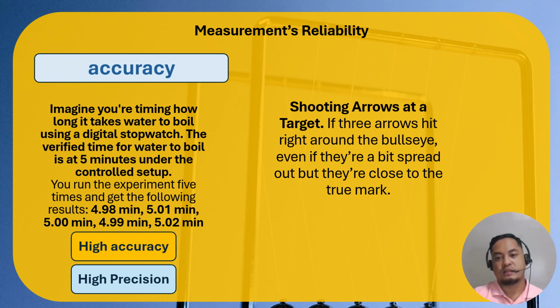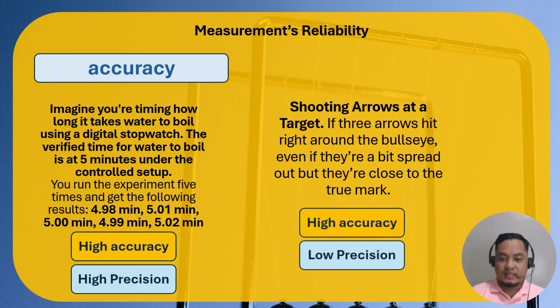Three arrows hit around the bullseye, even if they're a bit spread. So they're not really close to each other, right? But they're close to the true mark. So that's high in accuracy, but low in precision because when there is really this word,